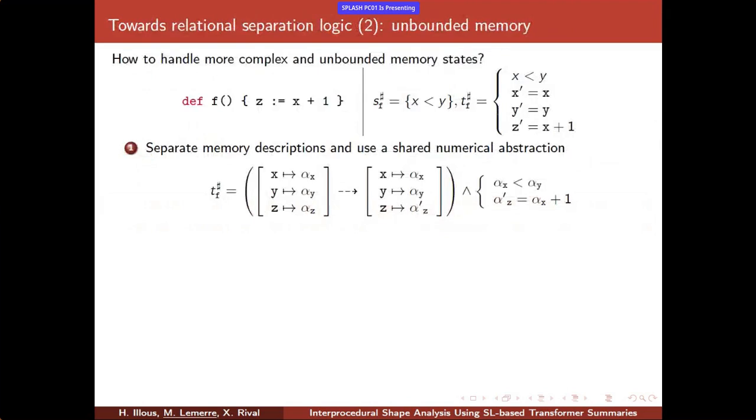And the other thing that we want to do is allow unbounded memory, because for now we have only a simple representation of what a memory is. The idea is that we will gradually change the representation that I've given you to a more complex one. And the first step for this is that we will